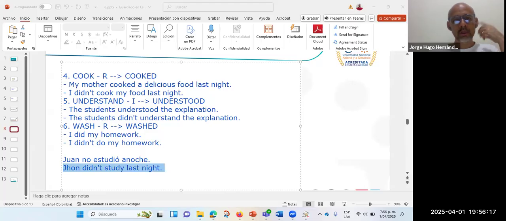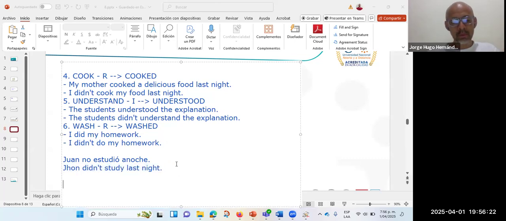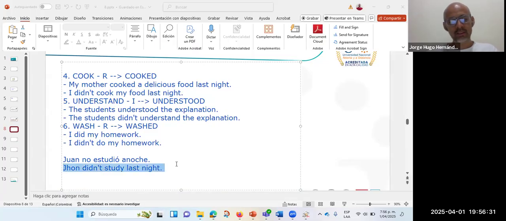¿Sí? Yo por eso les decía cuando empezábamos el ejercicio, escríbamelo en el chat, porque ustedes verbalmente me pueden decir studied, study, es lo mismo, no hay diferencia, ¿sí? Entonces acá, cuando lo escribimos, sí hay diferencia. John didn't study last night. ¿Sí? Pero entonces, les digo, tiene que volverse algo mecánico. Cuando sepamos que ya estamos hablando en tiempo pasado y es el no, ya de una vez didn't. Los estudiantes no, the students didn't. Yo no, I didn't. Mi mamá no jugó, my mother didn't play. ¿Sí? Que se vuelva algo mecánico.